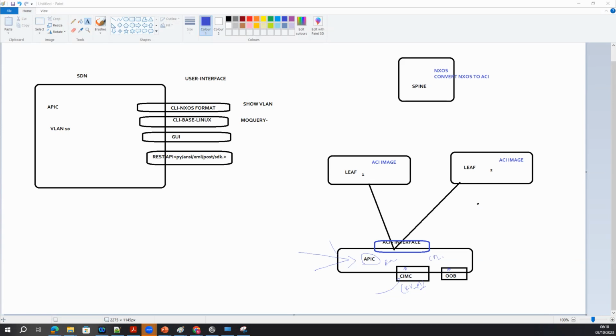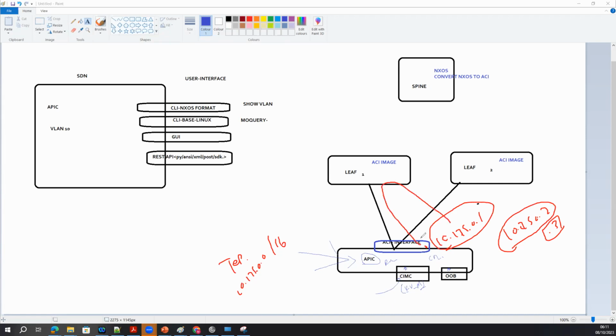When you configure the TEP pool in the APIC, the APIC assigns addresses from the TEP pool. Suppose 10.75.0.0/16 in my case. If you have three APICs, each APIC will be assigned 10.75.0.1, the first three IP addresses, 0.2, 0.3. These are the in-band addresses of the APICs. Using these IP addresses, the APICs internally communicate with each other to form the cluster, and also use these IP addresses to communicate with the leaf and spine switches and assign IP addresses from this pool.